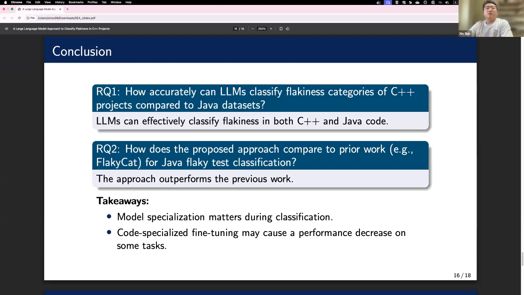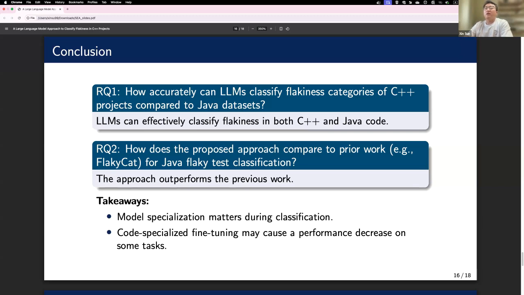So I would like to conclude our work and also share some takeaways of the study. Based on the results, we can conclude that LLMs can effectively classify flakiness in both C++ and Java code, and the performance is better than the previous CodeBERT-based solutions. Moreover, we have the following takeaways.